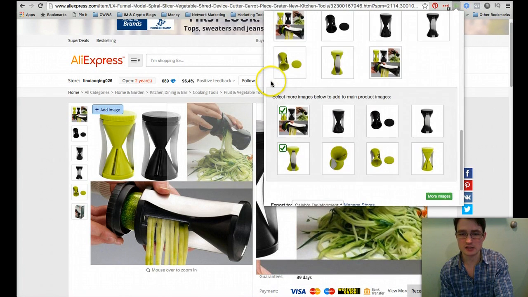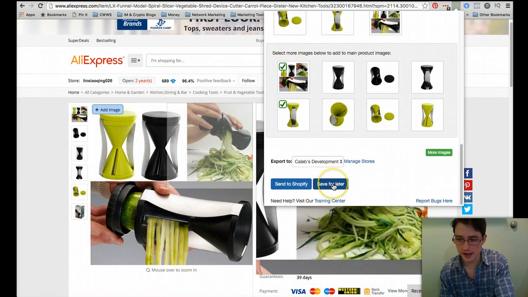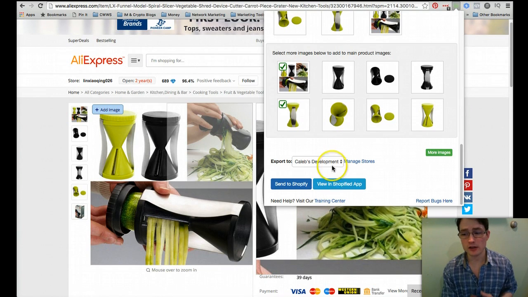Okay, we made the settings. Now we can save it for later in the app, and go find more items now. Let's go find the next item that we're gonna put in our store. We'll go find a bunch of items, store them in the app. We'll go back to the app later, and we'll start getting those items ready for the Shopify store and pop them right in. Okay, that could be your process.